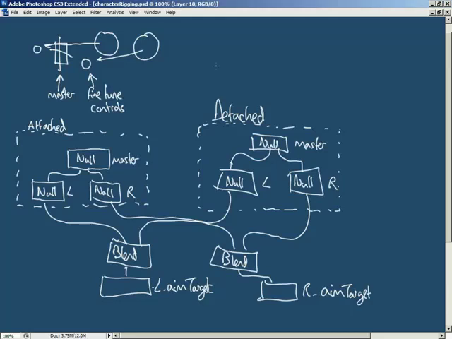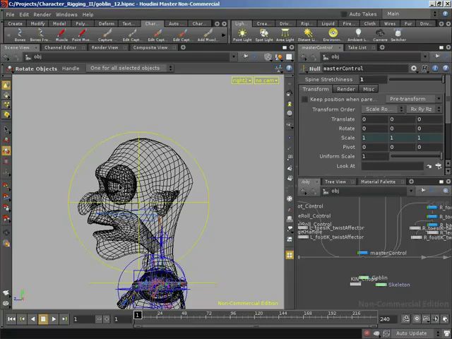Okay, so in the last video we discussed an overview for our eye controls. In this video I'd like to begin the creation process of those eye controls. We're actually going to get everything except for matching between our attached and detached controls in place. So let's jump over into Houdini, and I want to start out creating a null that will be positioned at